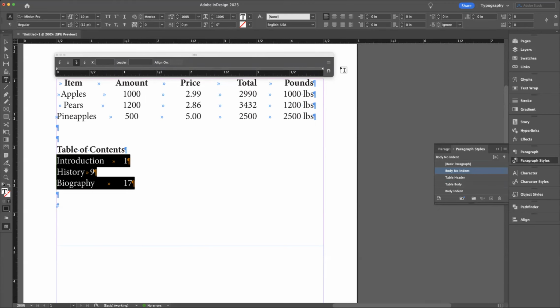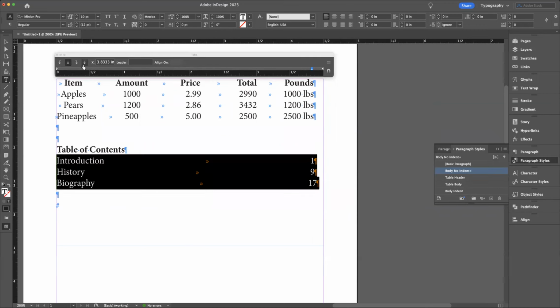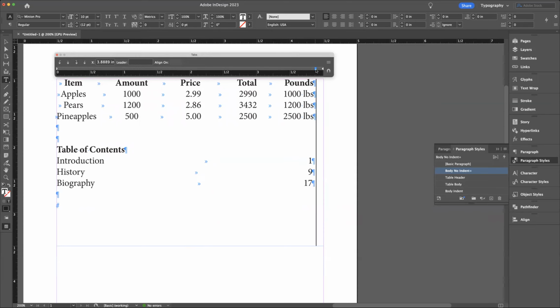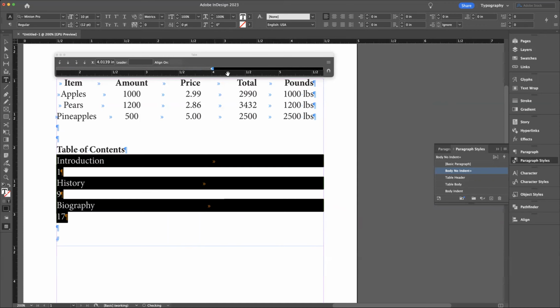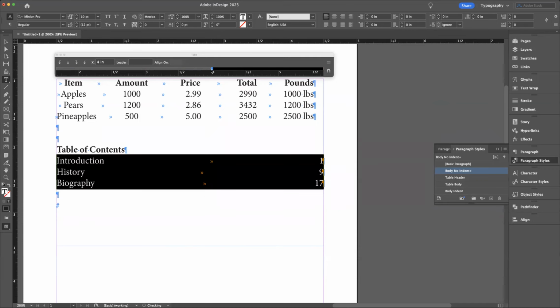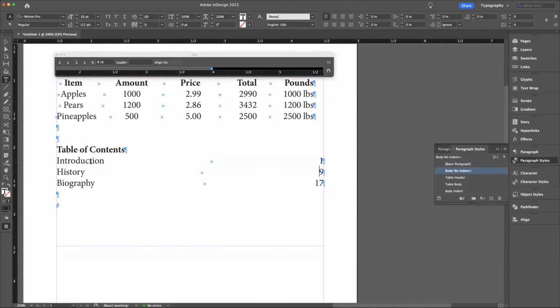First thing I can do is click on the ruler, do a right align, and pull this all the way over to, right onto that arrow. I've got it a little bit too far. There. Okay. So that brings the numbers all the way to the far right,